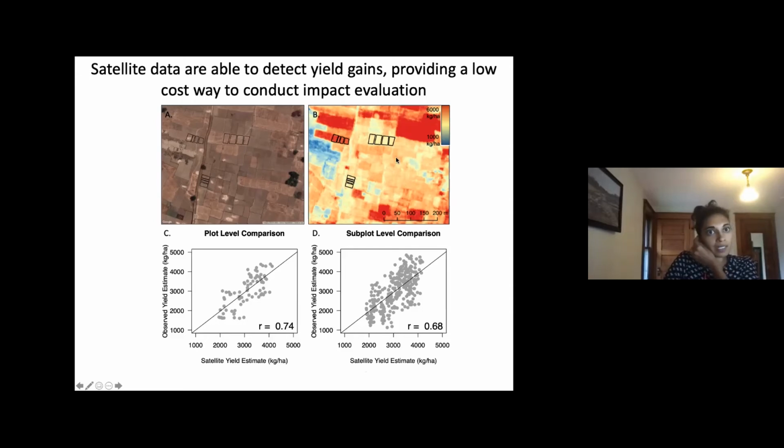and then with our Planet estimated yields. And what we found was that if we did the same impact evaluation, so basically compared estimated yields from when farmers use the baseline hand spreading approach with yields from when farmers use the fertilizer spreader, we found that we were able to pick up that yield gain using satellite data, which was really exciting because this suggests that we can actually use the satellite data to do impact evaluation at large scales instead of having to get that ground data.